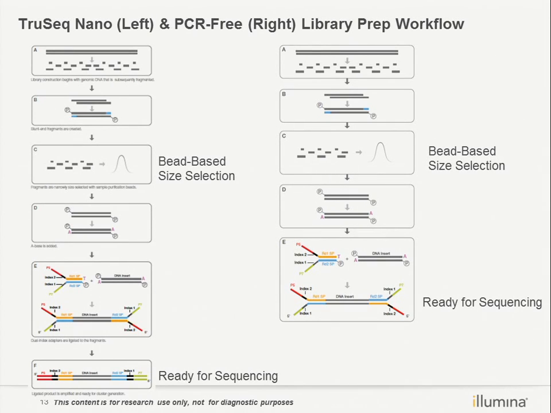For example, we need 300 base pairs, so the peak will be in a small narrow region. And then we need to do some adenylation at the 3' end and finish several rounds of bead-based size selection again. And finally, we will use a ligation enzyme to ligate adapters at both ends of